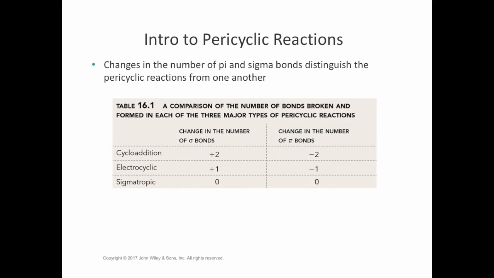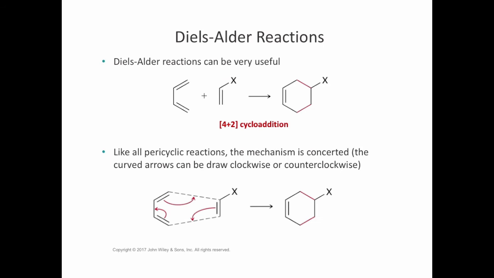The difference between these three types of pericyclic reactions is in the change in the number of sigma bonds and pi bonds. So for the cycloaddition, we're forming two new sigma bonds and losing two pi bonds. In the electrocyclic reaction, we are gaining a sigma bond and losing one pi bond. And in the sigmatropic rearrangement, we are not having any change in the number of sigma or pi bonds, but their placement will change. Of these three reactions, I will focus the most on the cycloaddition, and in particular, a